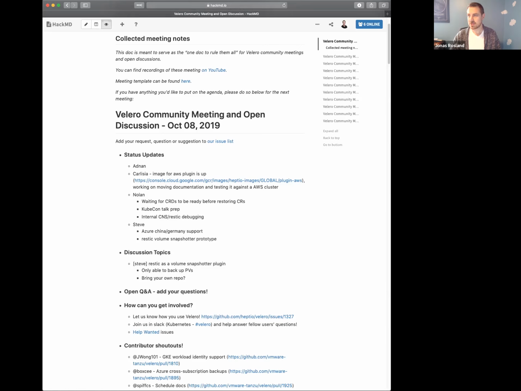Status updates, who wants to go first? I can go. I've been looking at the issues with the generated CRDs in 1.13 and below. It seems the issues are mostly around Kubernetes not initially supporting the nullable field in the schema.